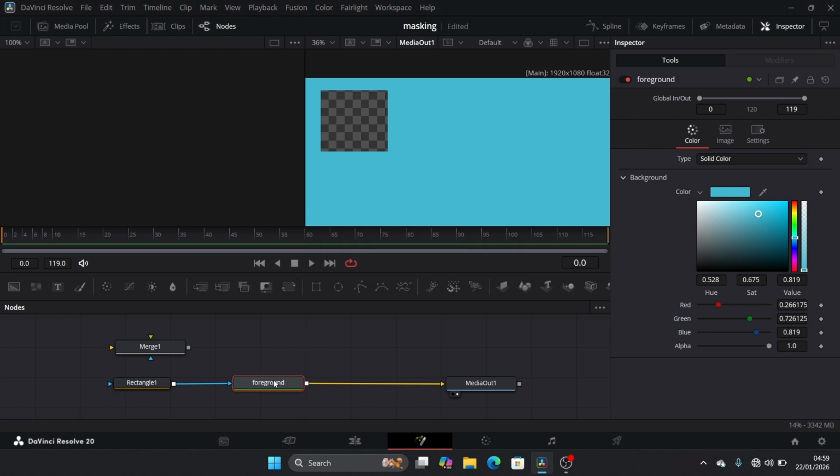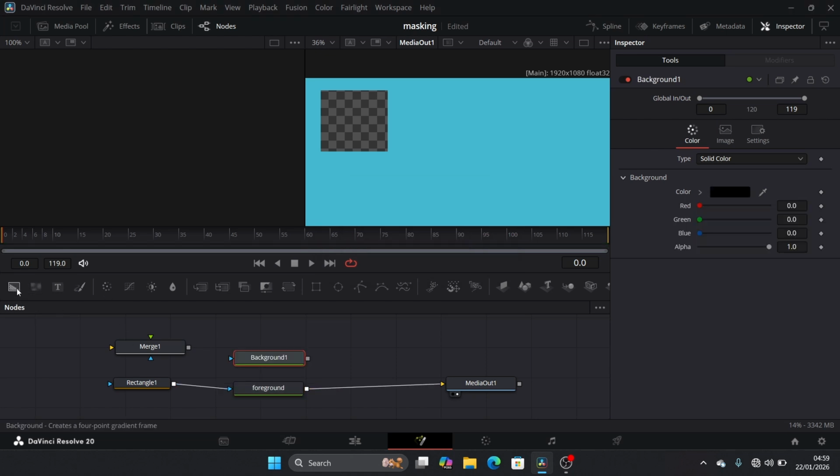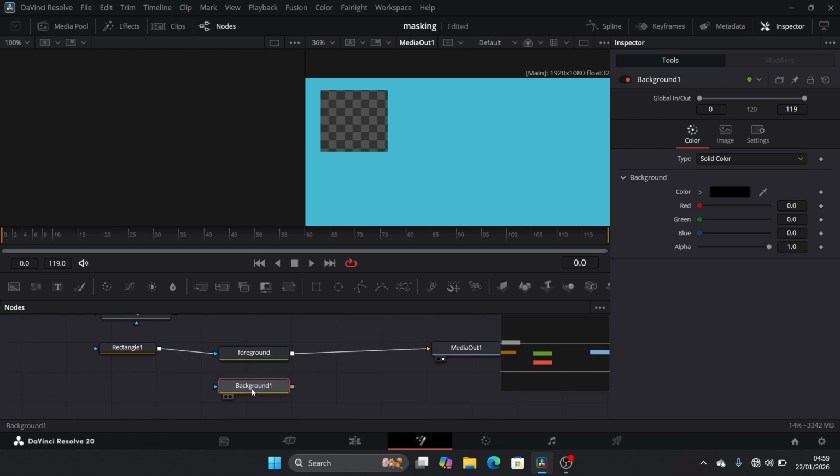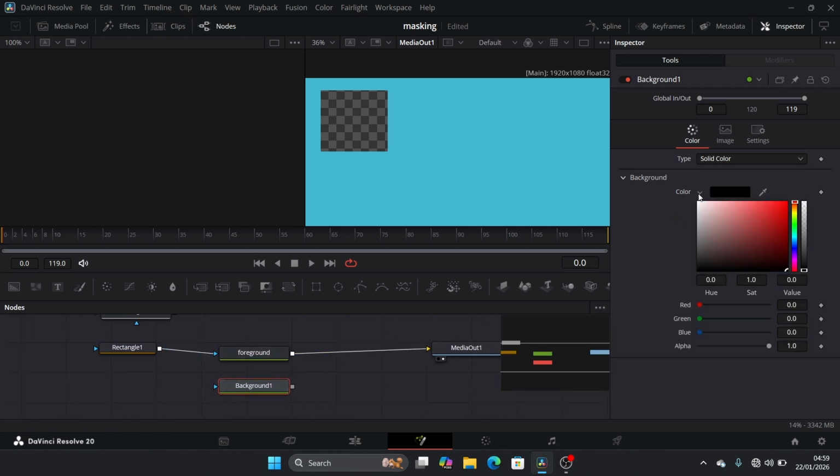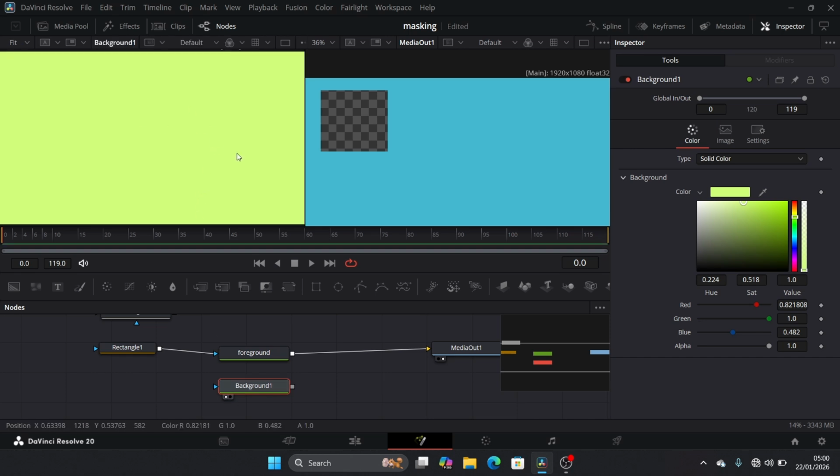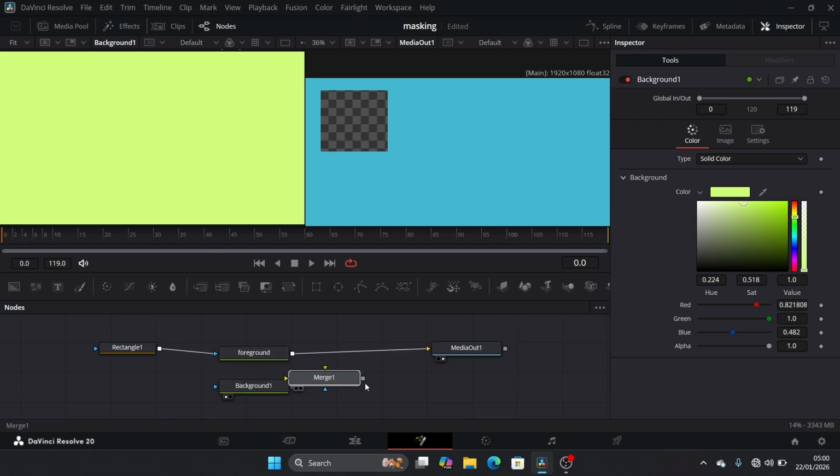By the way, F2 is how you could rename a node. So I'll click everything away and I'll click on this background node. Now I have a background node. For the background node, I'll set the color to something quite bright. Let's use this bright green. So our node is bright green. If I click this yellow white dot, we can see we have a green background node here. So what we're going to do is to add this as the background and the foreground node